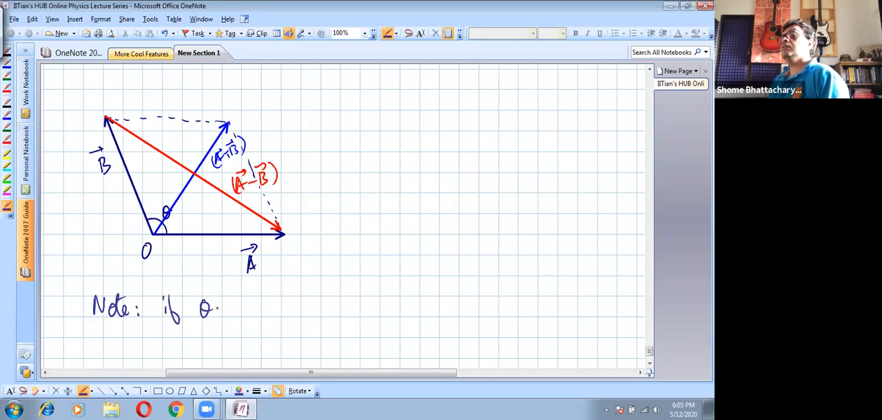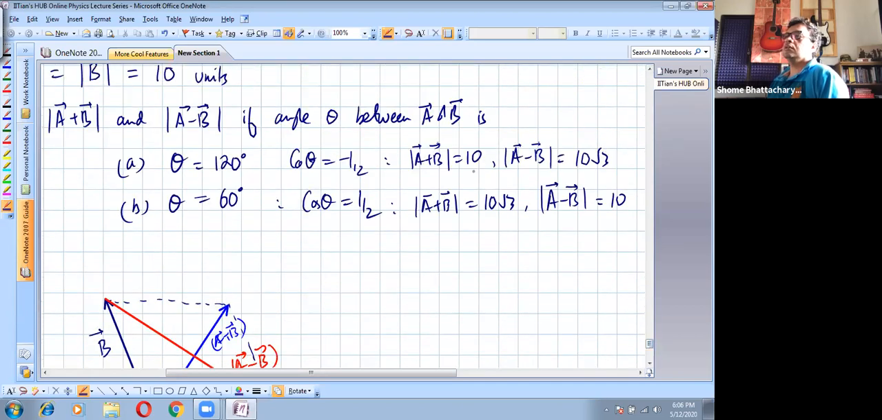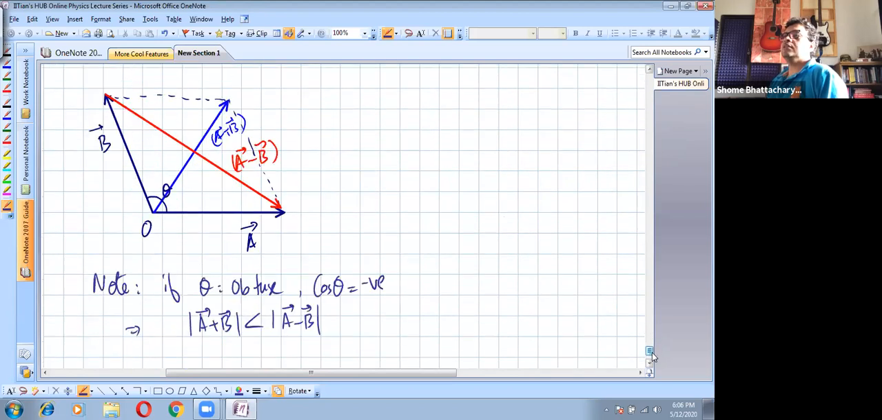If theta is obtuse, then cos theta is negative. So that means the magnitude of A plus B becomes actually less than the magnitude of A minus B, like you have observed by applying the formula in this case. When theta is 120, you can see magnitude of A plus B is 10 and A minus B is 10 root 3. That one is long. Whereas whenever the angle between two vectors is acute,